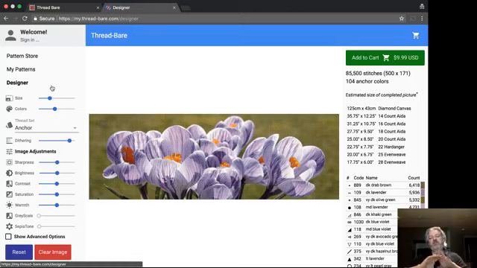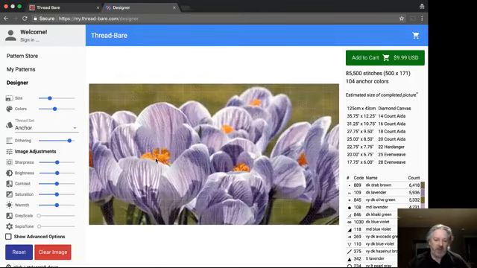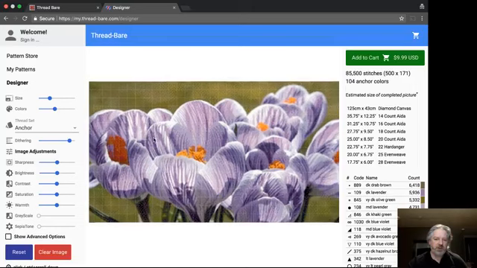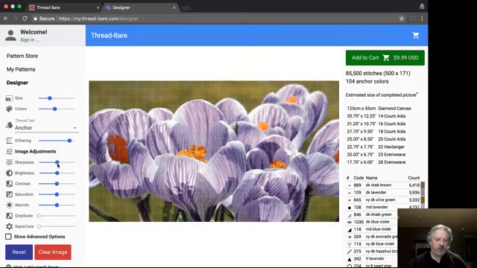That's really for if you've got a very thin landscape picture. But this is a great picture. This is off Pixabay. I'll just show you some of the options you've got. So sharpness can just make the image look a bit crisper. So hopefully you can see that. If I turn it off,